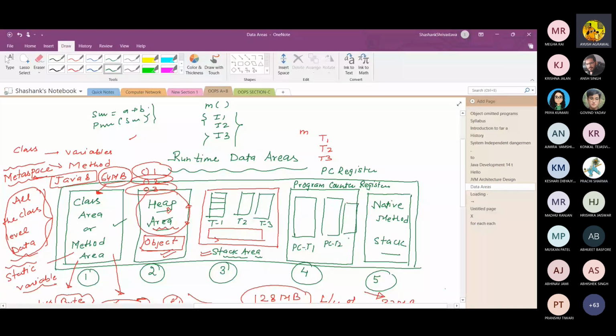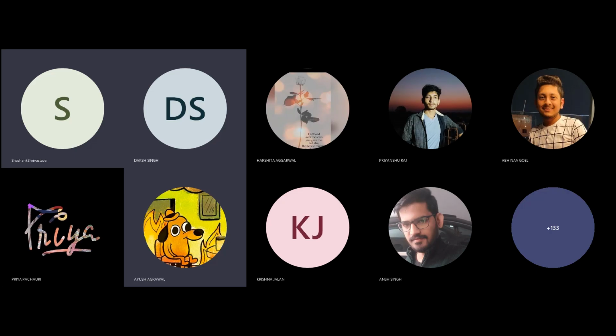Okay. And this program counter basically stores the current executing instruction. कि कौन सा instruction execute कर रहा है इस particular time पे. So that is basically tracked by the program counter.